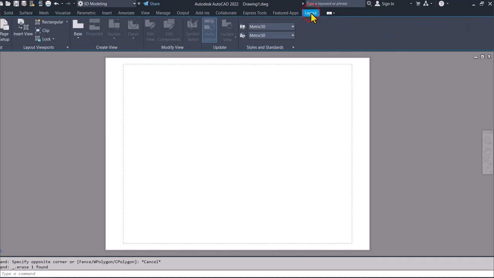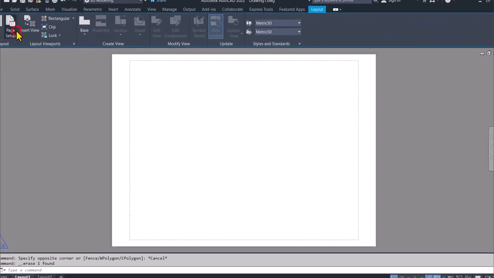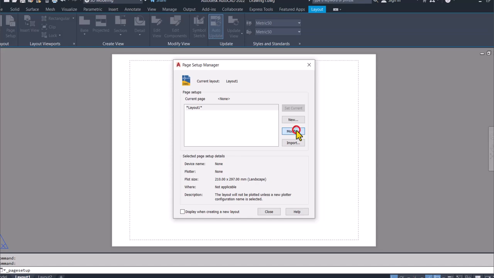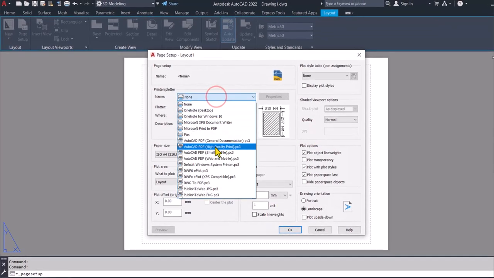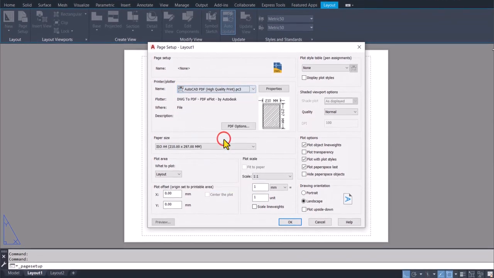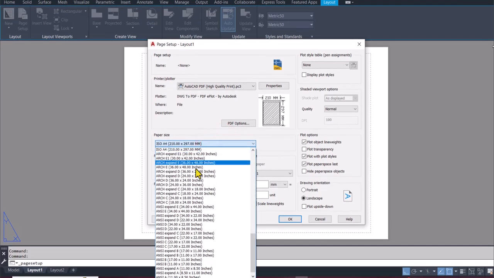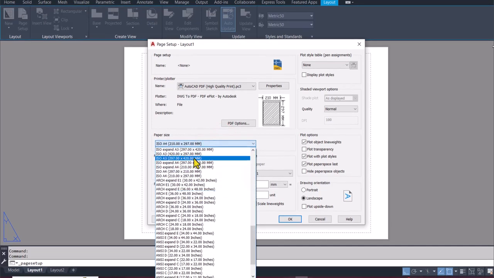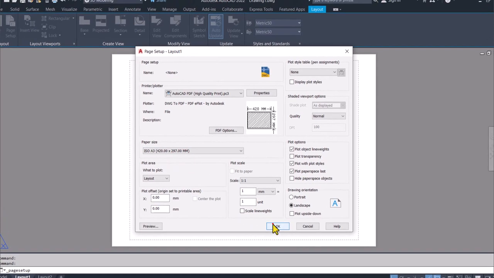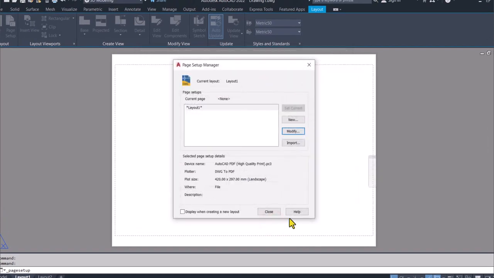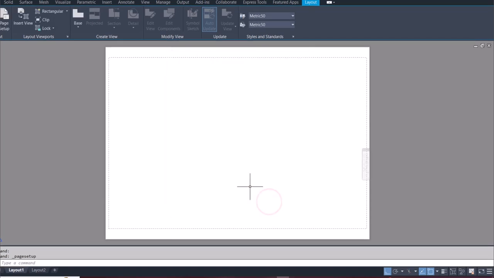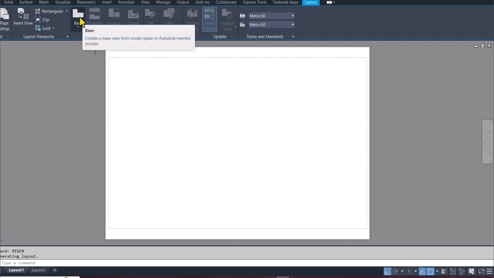Click here on layout and then go to page setup, modify this, and we want to use this printer, and instead of A4 let's change that to A3, and okay that, okay this, and then we can now click on